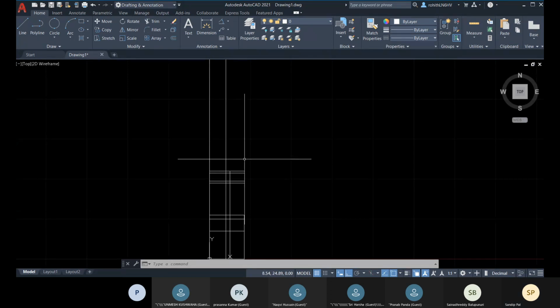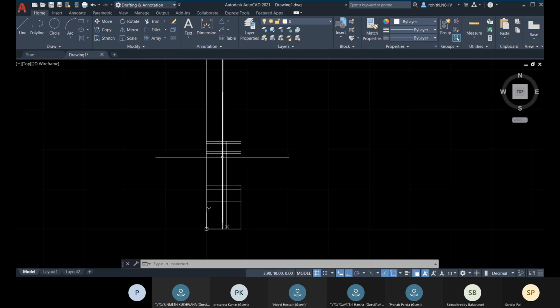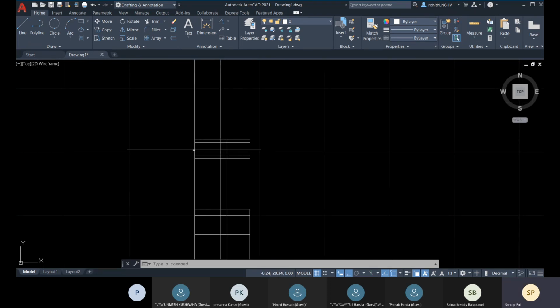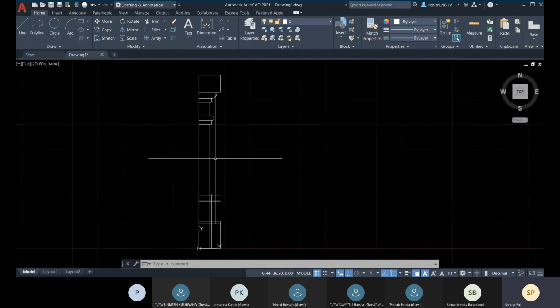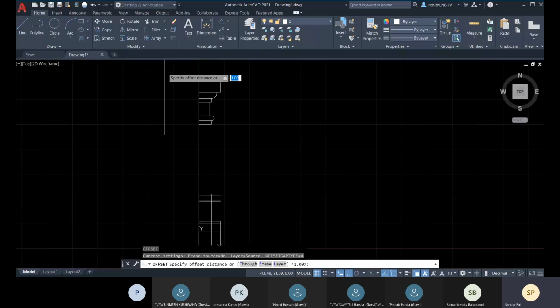So now about the bottom part. About the bottom part I have to do, that line I have to delete. Okay, so it's asking me for 7.5, so I can go with the offset and I will go with the half of 7.5, so that is 3.75.